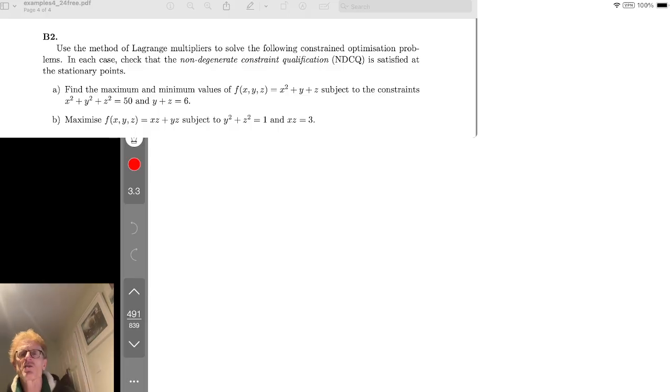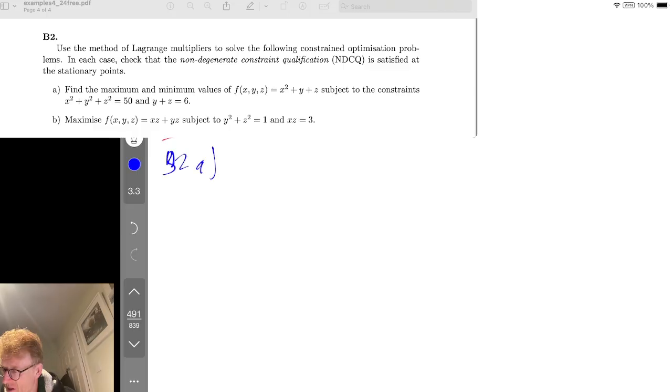Use the method of Lagrange multipliers to solve the following constrained optimization. Check the degenerate case. Oh, we should have checked the NDCQs, but anyway. Yeah, but now we have two cases. So, go back to black. Oh, let's do blue. B2,